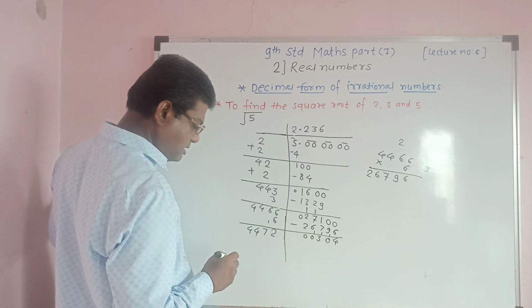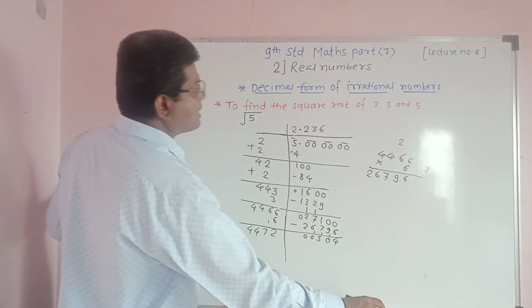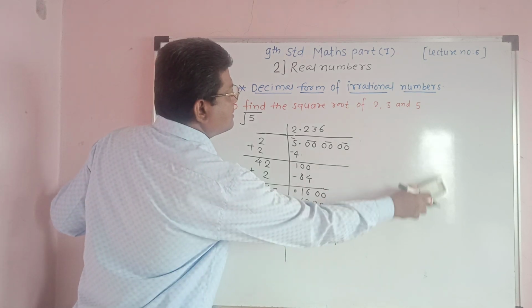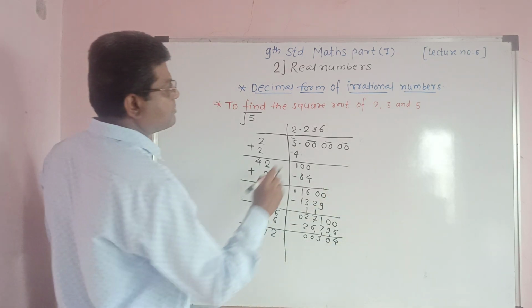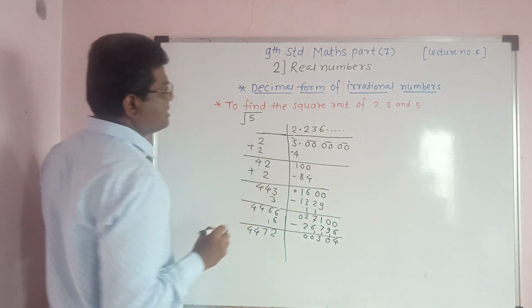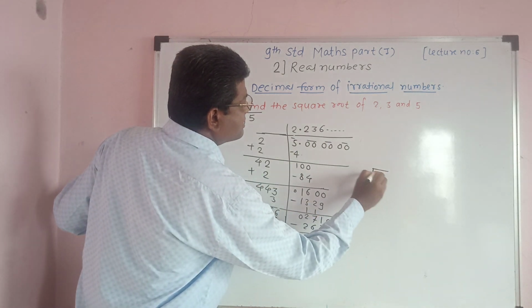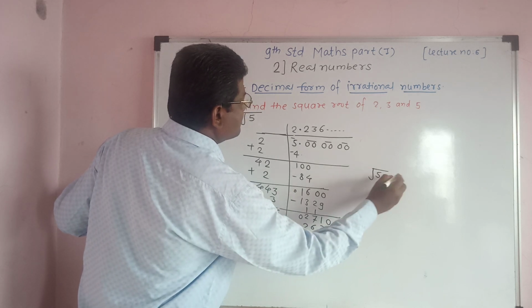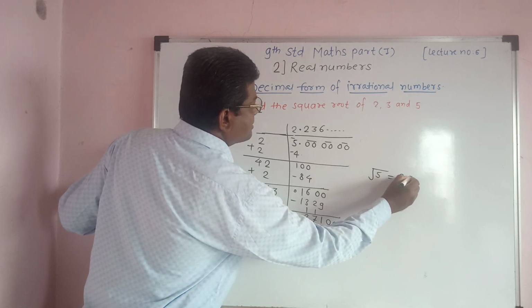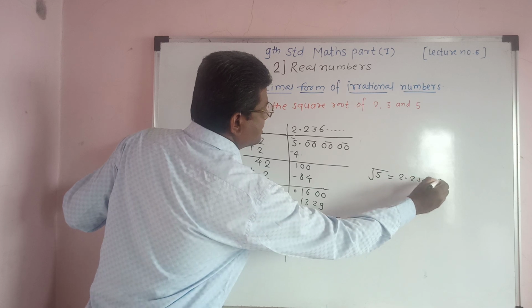That number is 304. Thus we have found the answer up to 3 decimal places, and this process goes on repeating, that is a non-terminating process, and the answer of root 5 is 2.236...